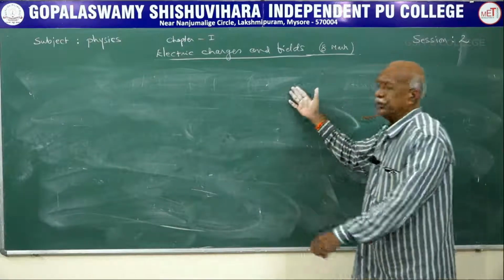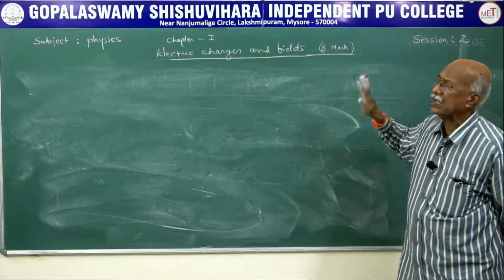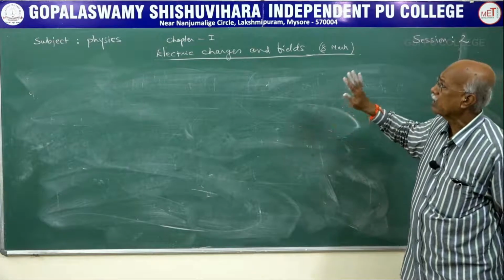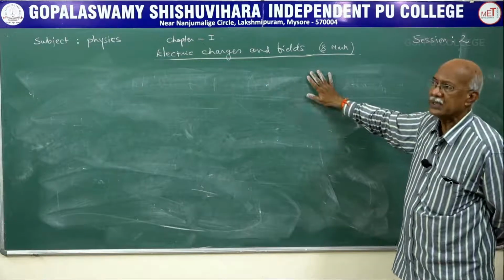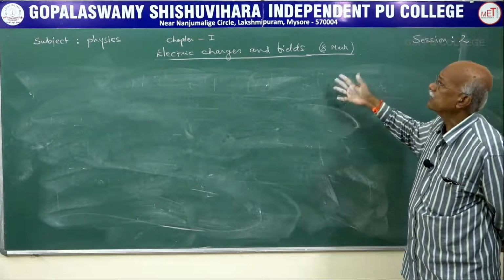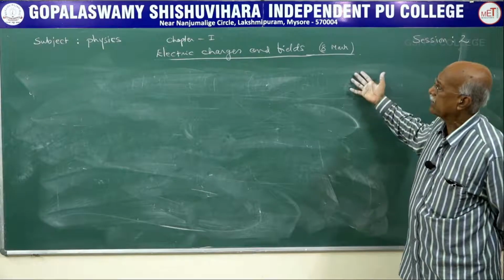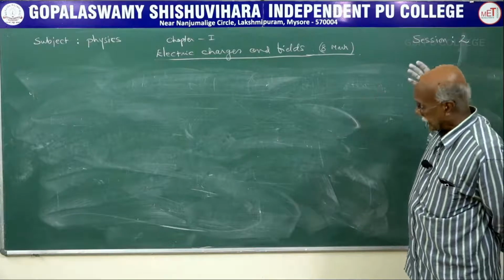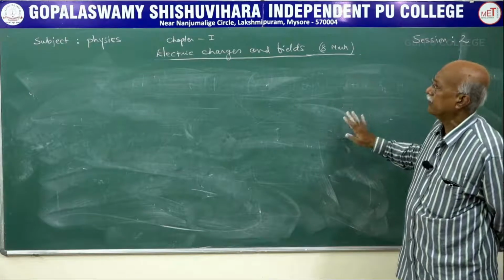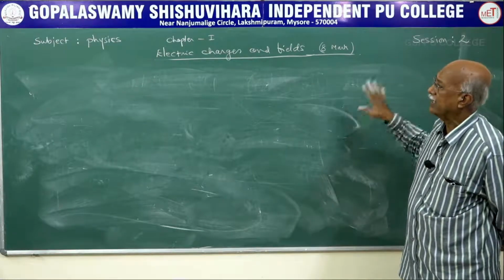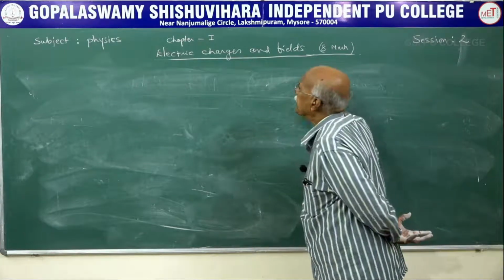Now, in session 2, we studied what Coulomb's law is. When the question is asked about Coulomb's law, remember that Coulomb's law comes into existence only in case of electric charges or electrostatics. The inverse square law can be in electrostatics, and the inverse square law can be in magnetism. If they say inverse square law in electrostatics, it is Coulomb's law only. If they say inverse square law in magnetism, that is not Coulomb's law, and instead of charges we make use of poles. That we are not studying in the second PU classes.